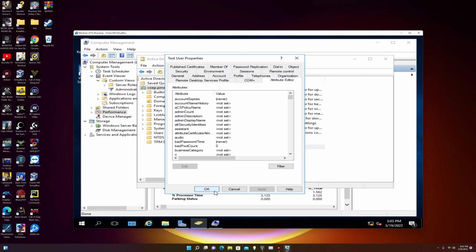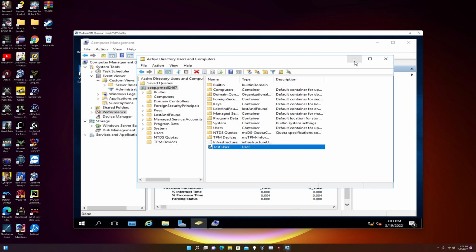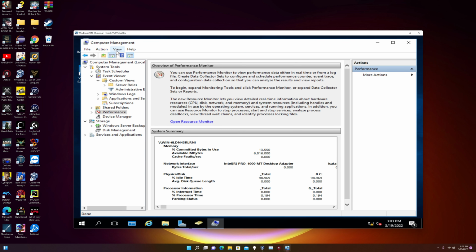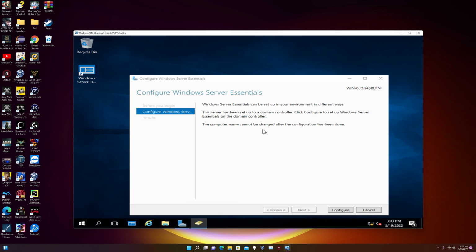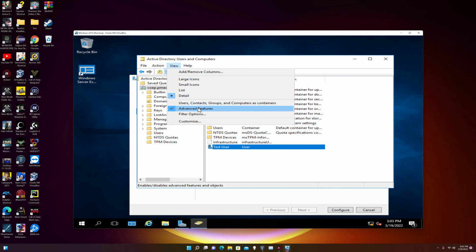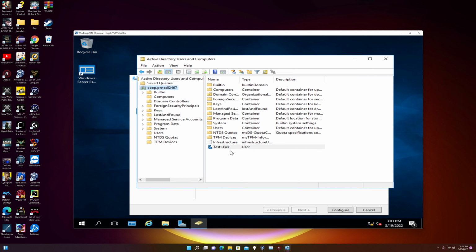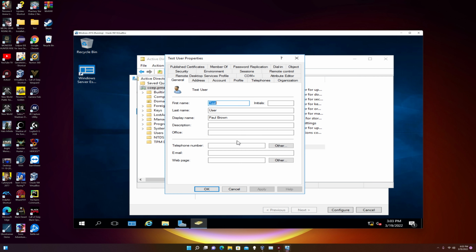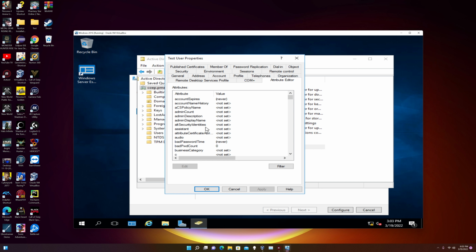And actually, before I talk about attribute editor, if you go to view, advanced features, unless this is checked, you won't be able to see the attribute editor. So that's why we went ahead and checked it earlier. So now we'll go back to test users, go to attribute editor, and the one thing that I really wanted to show you is